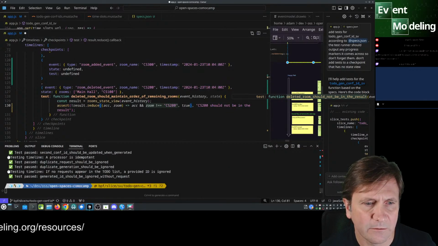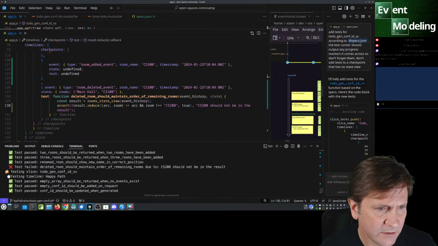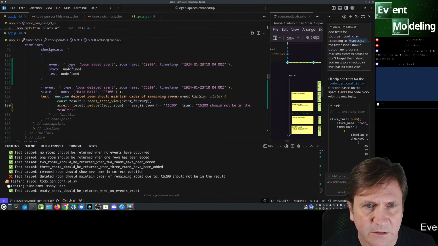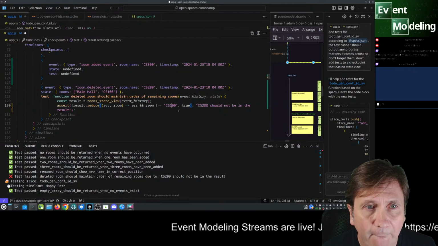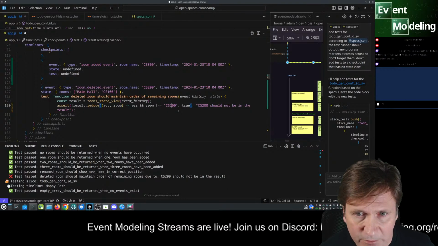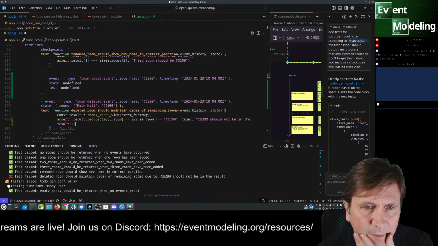We don't want to look at the state explicitly. Is that going to pass? No. CS200, CS100. Okay. No, 200. It's 200. And that's not the state.